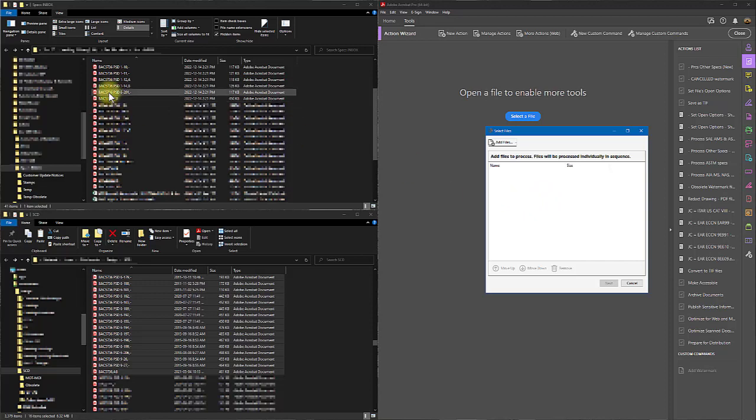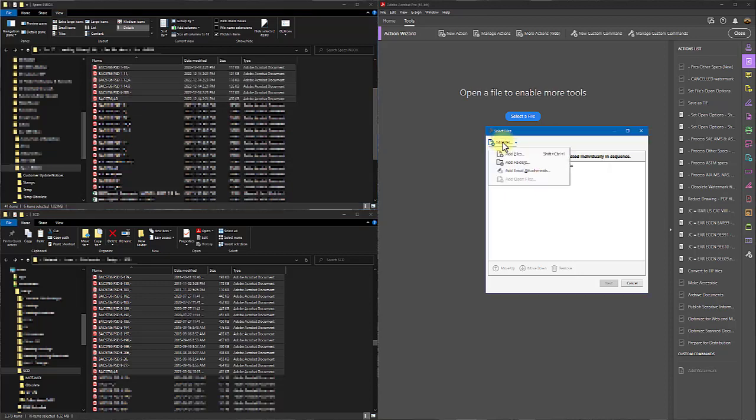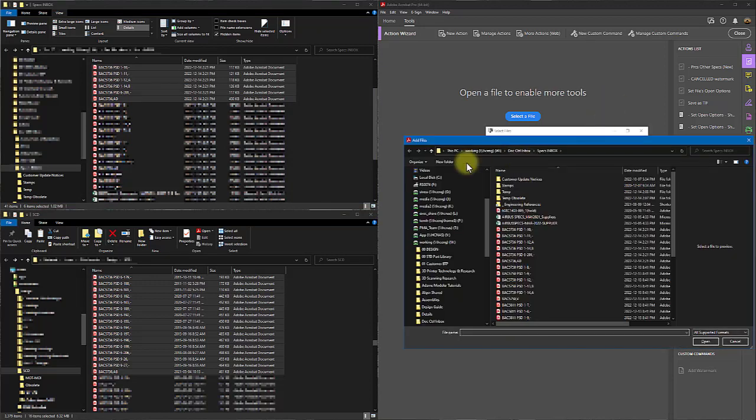Okay, so if I come over to this window where I've got my temporary files and I try and drag and drop, you can see nothing happens. Let me try that one more time. Try and drag and drop, nothing there. Okay, I can click on this Add Files and I can pick right here, and then I can go and then I can pick them,